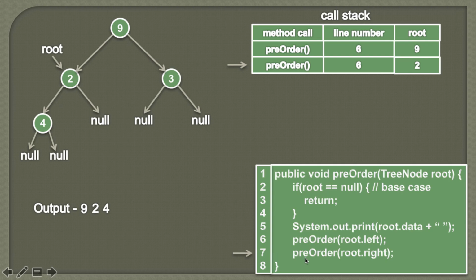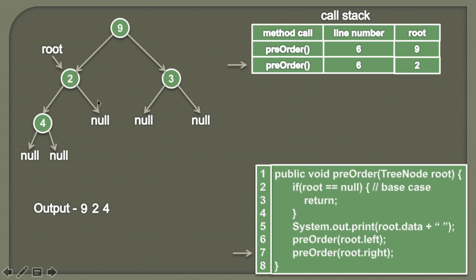And from the line 7, we'll now call the pre-order and we'll pass root's right, because we are applying this pre-order traversal to each and every node. That we are first traversing the node, then we are processing its left subtree, and then we are processing its right subtree. So as here you can see, we have processed this node 2, and we also processed its left subtree, which is node 4. So now we are left with the processing of the right subtree. So therefore we are again calling this pre-order, and we are passing the value of root's right.